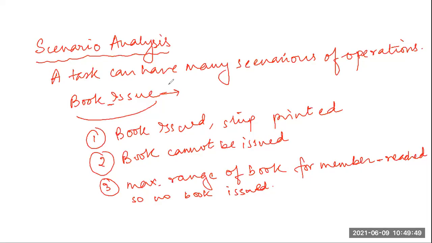So this book issue can have how many scenarios, where the book issue can have positive values and can have negative values. So for this scenario the book issue is positive, for this scenario negative, for this scenario negative. Now, what are the conditions under which the book cannot be issued? Those are also jotted down.